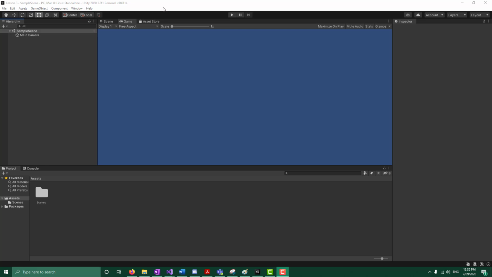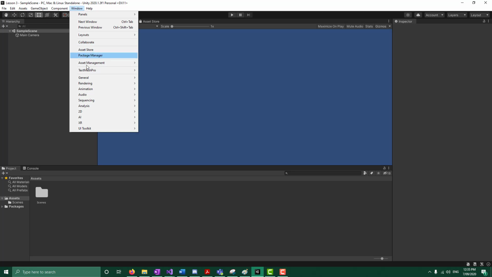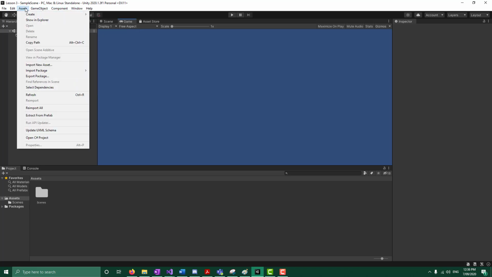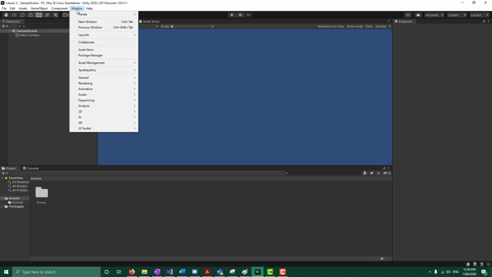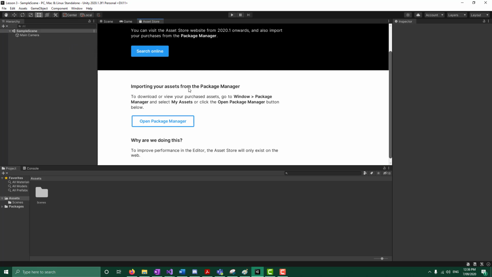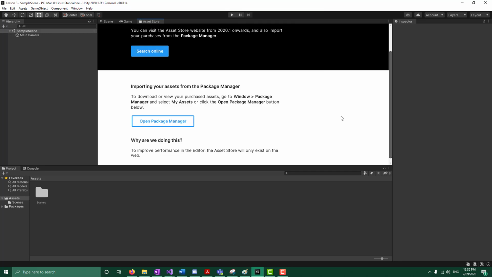If you don't already have the Asset Store window, you go to Window. Actually maybe it's in Components. Oh, it's right there. Window, Asset Store. You click on that and it'll open the Asset Store window. And then you go Open Package Manager, and you will open the Package Manager, which